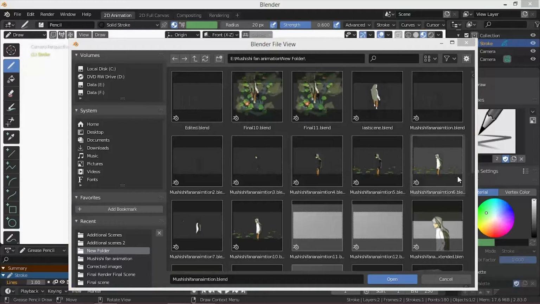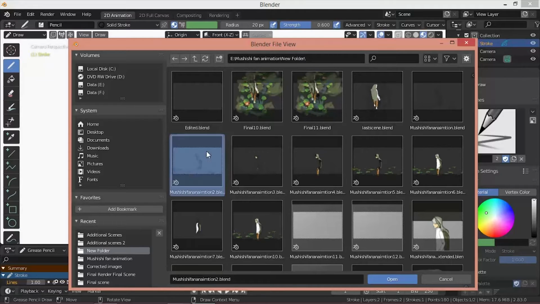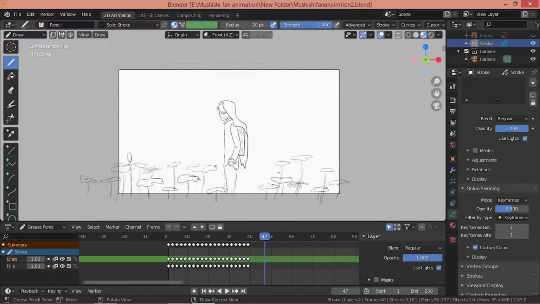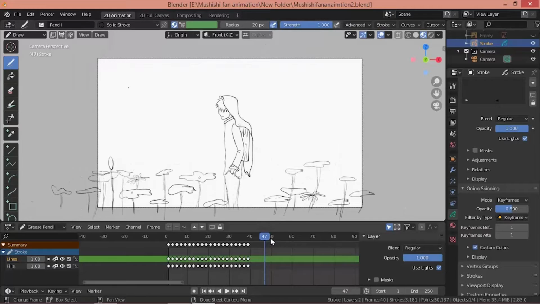how I set the key poses first before drawing. Okay, so here is a blend file, and it includes the basic drawing of the animation of the first of the walk cycle that we see. So if I scrub to the frames, you can see him walking and his hair shaking slightly. So how is it done?